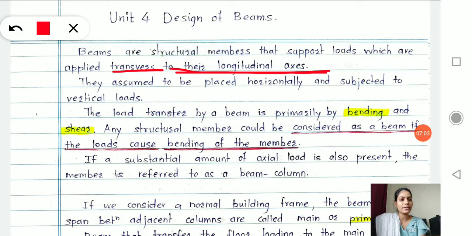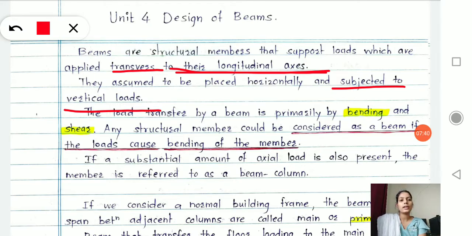Generally everyone, even one who is not a civil engineering student, understands that the vertical members of your structure are called columns and the horizontal ones are called beams. Now the beam is subjected to vertical loading, not along the axis but in the transverse direction. That's what is said here: subjected to vertical loading. But on which axis? It is the plane transverse to the longitudinal axis.